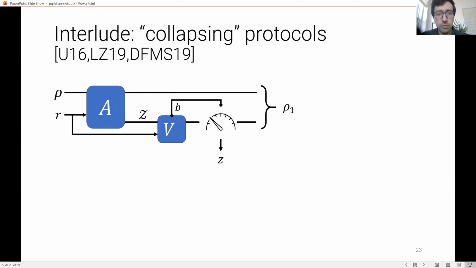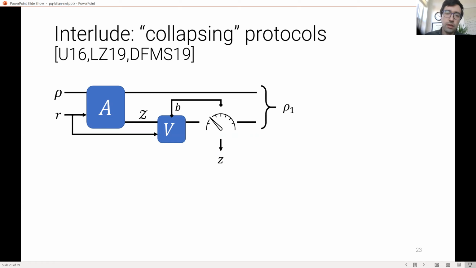There is a notion called collapsing, which is a cryptographic notion, and what it says is the following. Let's imagine an experiment where we have some adversary that is taking in this rho and taking in the randomness, and rather than outputting a classical Z, he outputs, we think of him as being unitary, a coherent superposition of z's. So this is the same as the previous adversary, but now we just don't measure the output z. So A here is unitary.